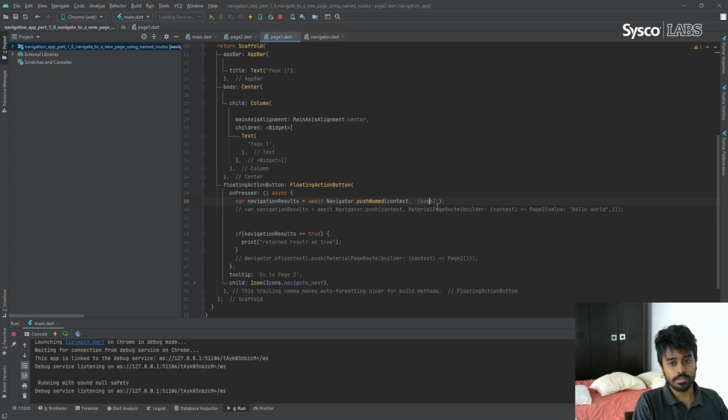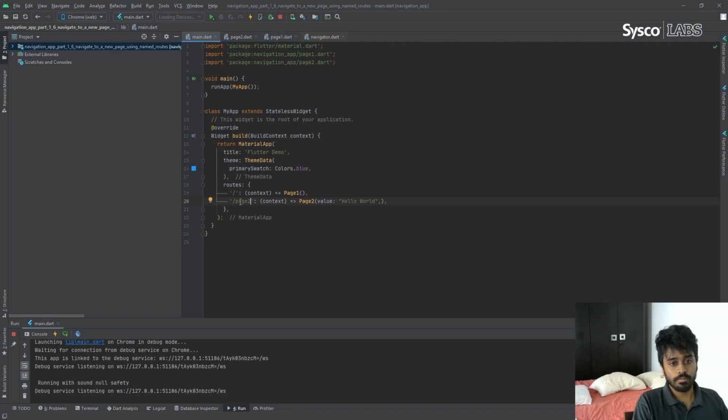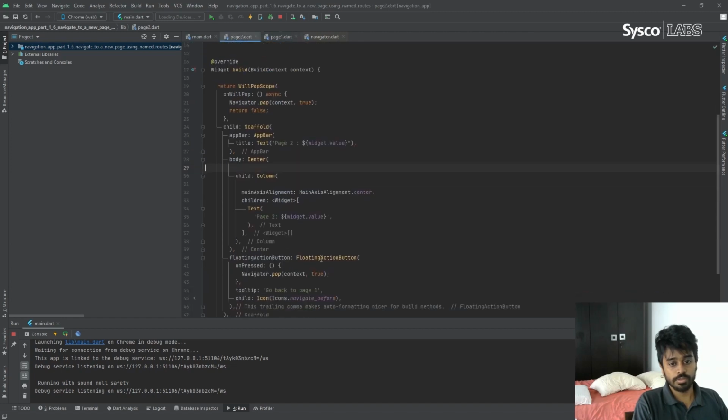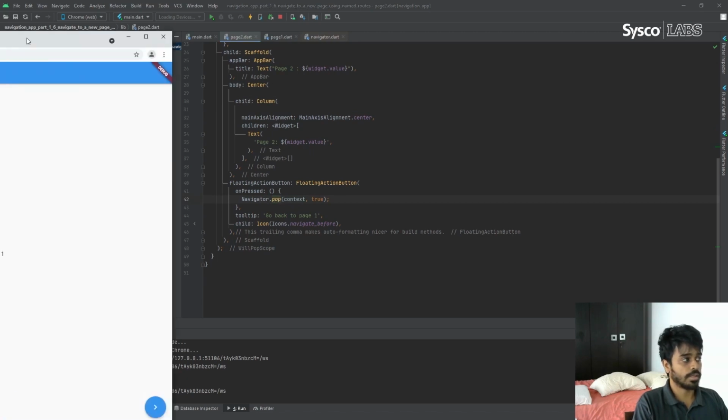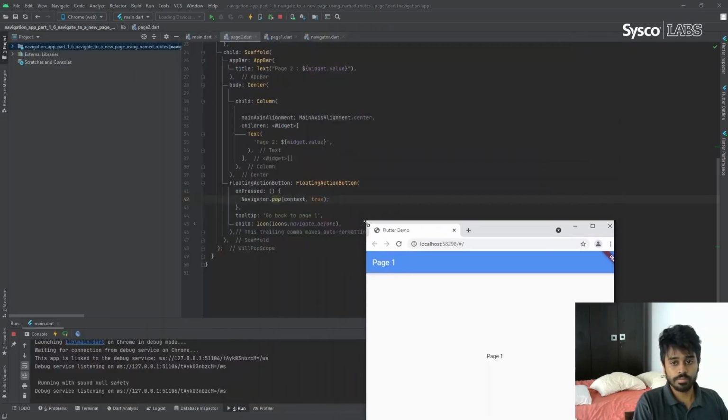I'm just passing the string which I want to navigate to. And in these main routes we have declared that if someone wants to go to page 2, it should return the page 2 object. In page 2, to go to the previous page, we use the pop method again. Let's see that application running now.